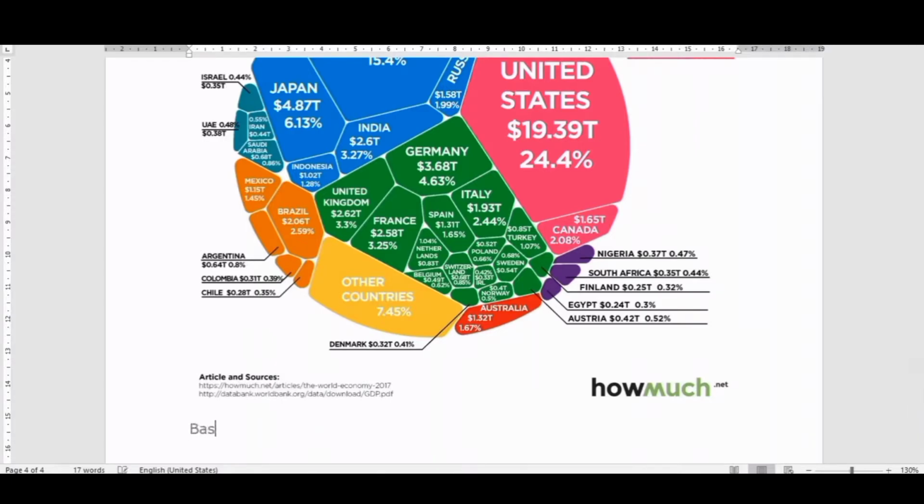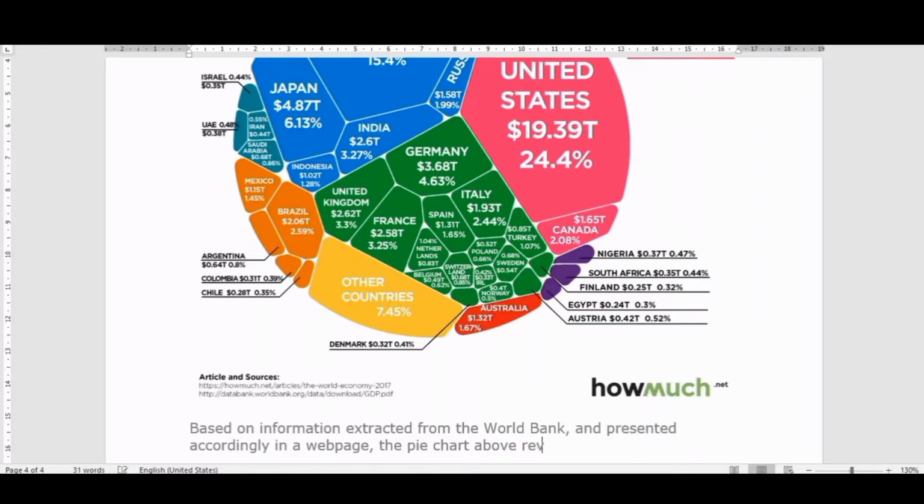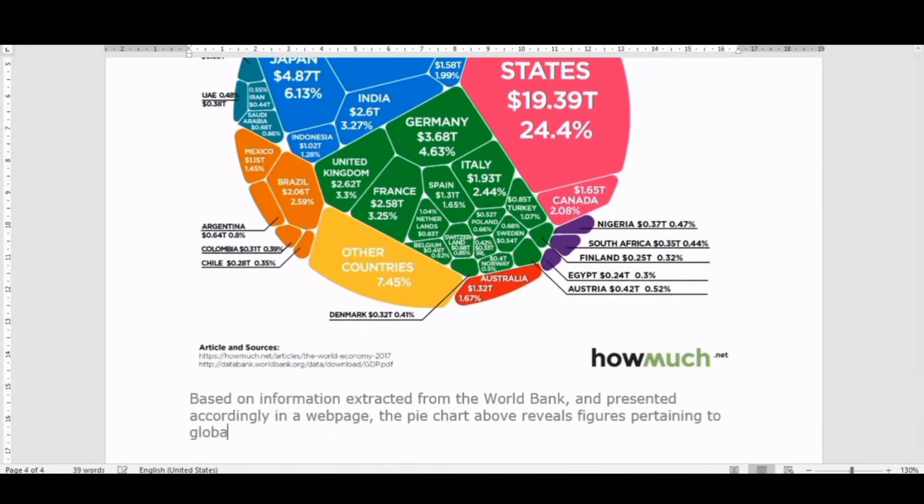This is the introduction. So based on information extracted from the World Bank and presented accordingly in a web page, the pie chart above reveals figures pertaining to global GDP in 2017. So this is from 2017, so we will need to use past tense for this particular description,